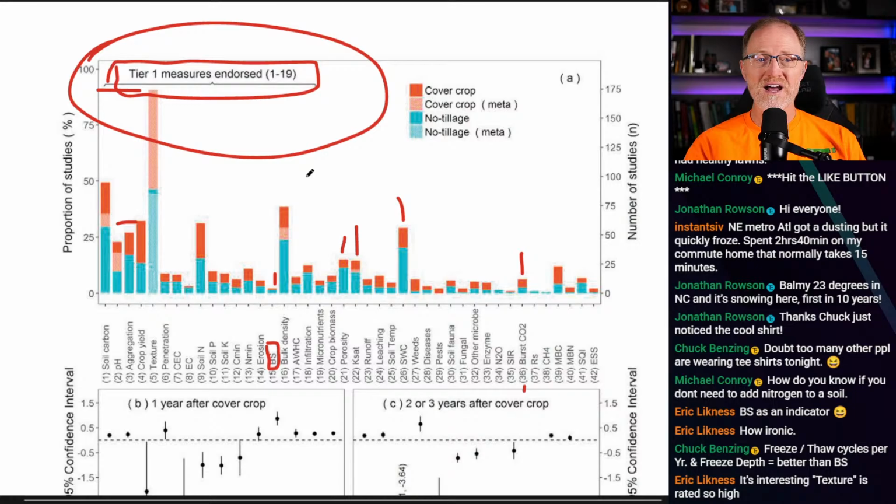Somebody's going to have to write a massive check if you're going to just say these are the 19 soil health indicators that we're going to measure, because I don't know of many programs in the United States that have enough money to measure all this stuff. You're going to go out and do a correlation between 19 soil health indicators and crop yield or plant growth potential or animal growth potential, whatever it is. That is expensive.